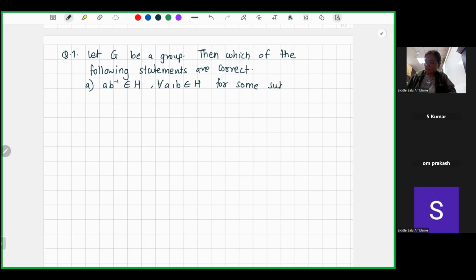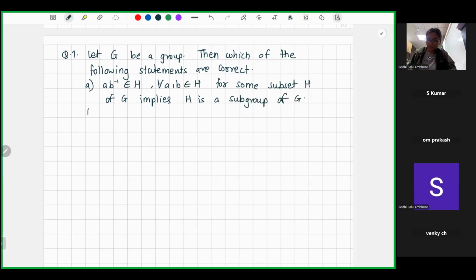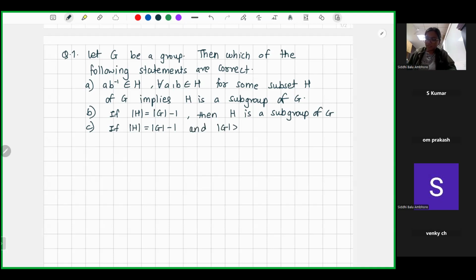for some subset H of G implies H is a subgroup of G. Second statement is, if order of H is order of G minus 1, then H is a subgroup of G. Third statement is, if order of H is order of G minus 1 and order of G in this case is greater than 2, then H is not a subgroup of G. And